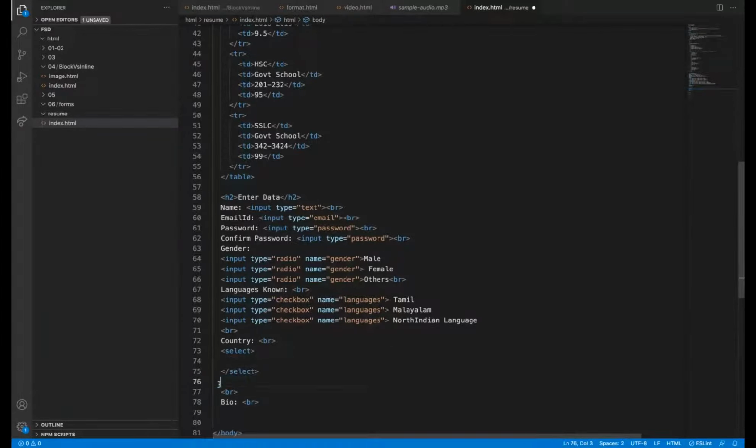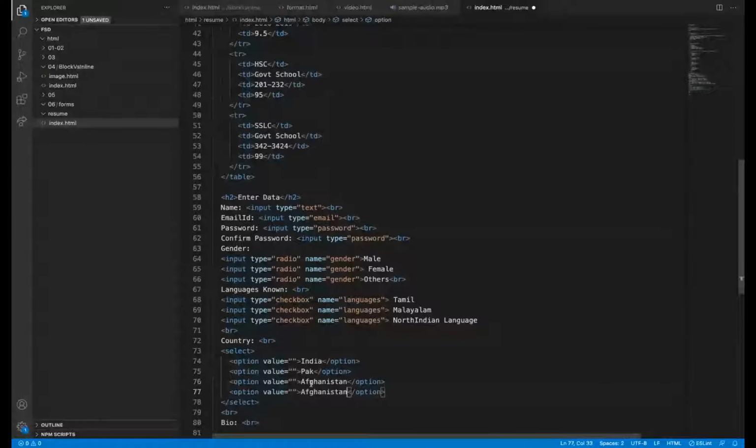Inside of select, option, so we can give multiple of this tag. First India, and then Sri Lanka.